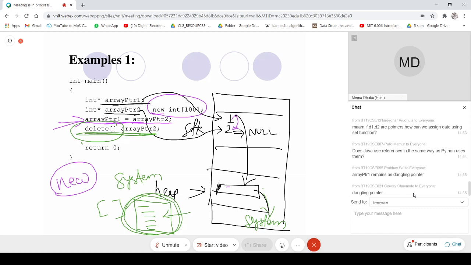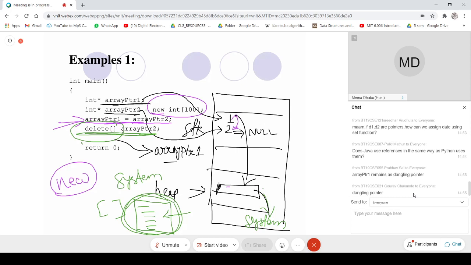So if I write any instruction to access that memory using the array pointer 1, it will not allow me to access that memory location, because that is now not a valid memory location. The memory which was given to that process was returned to the system.